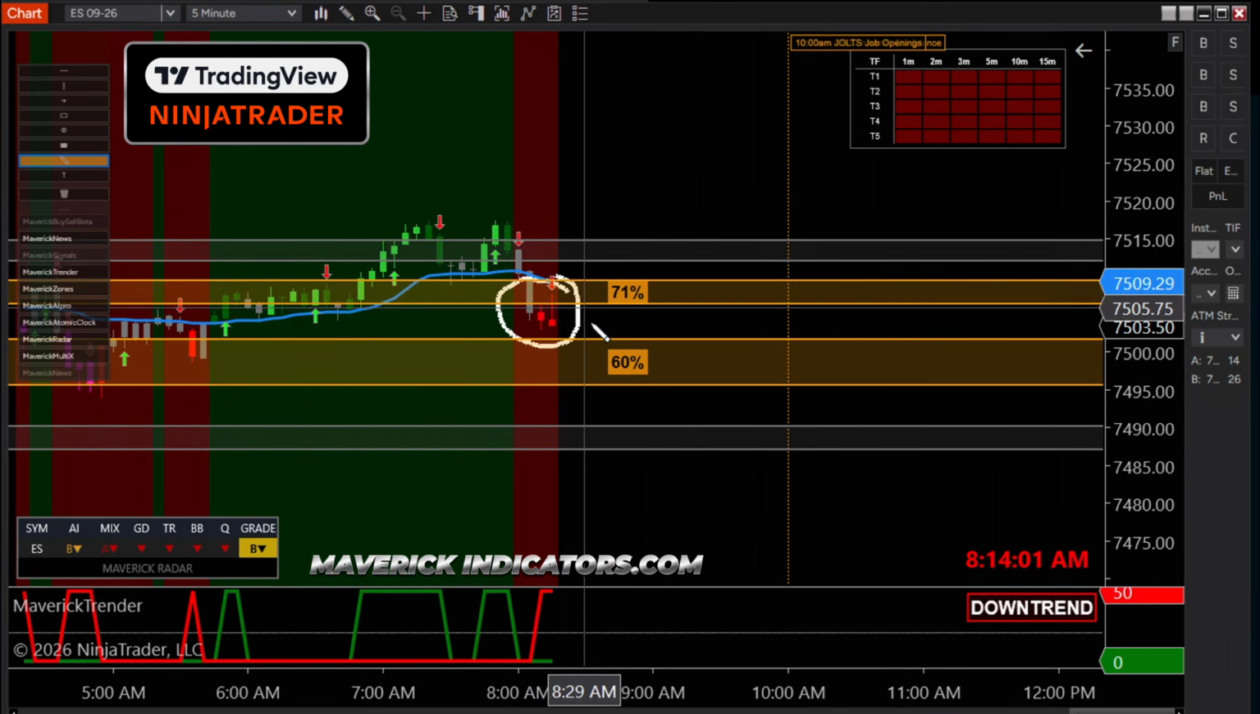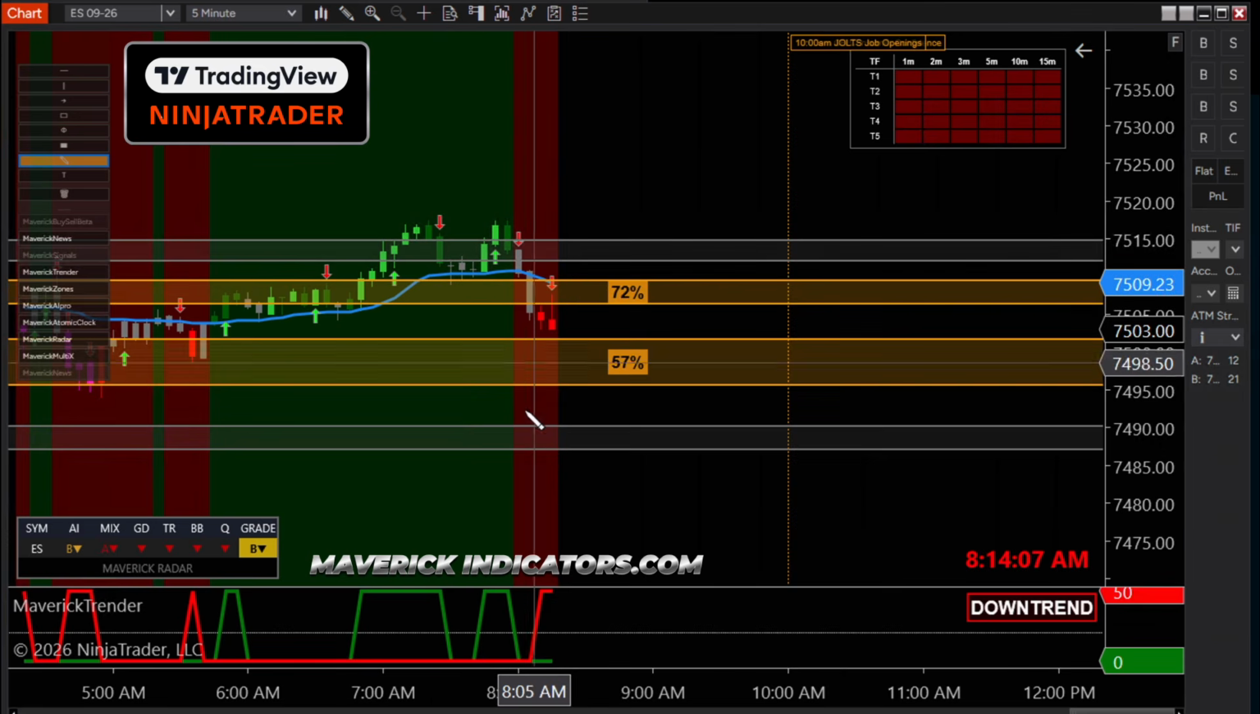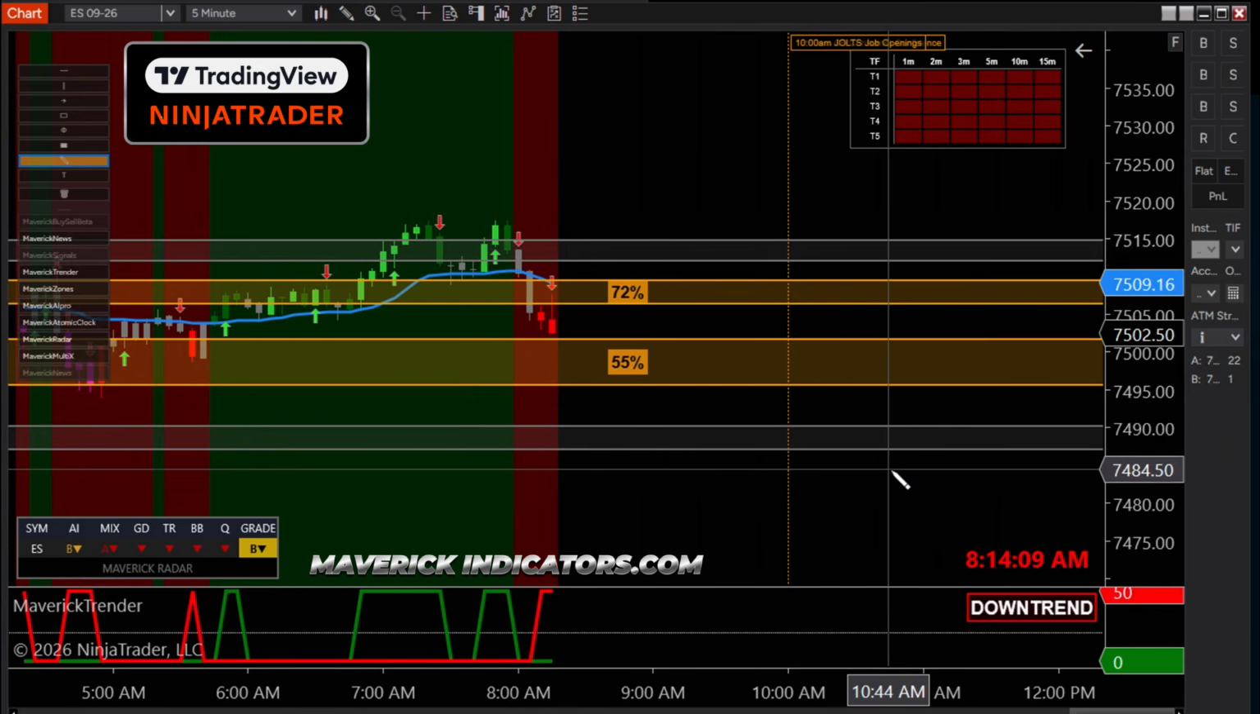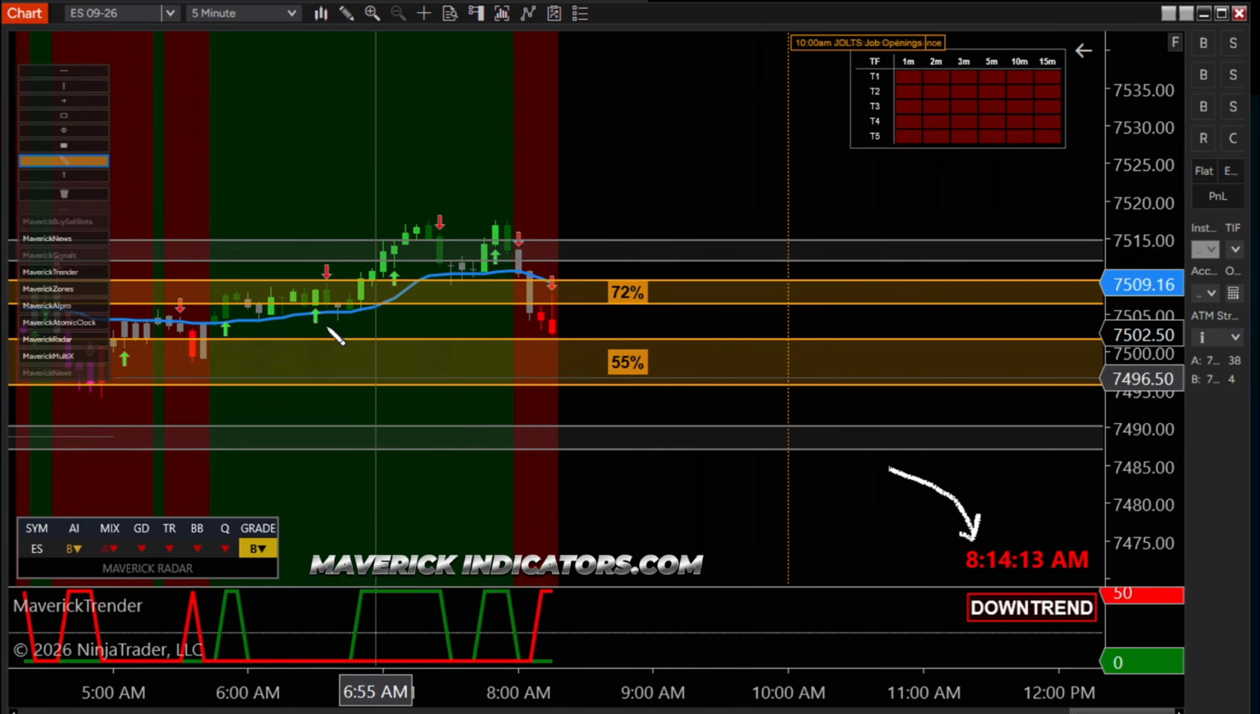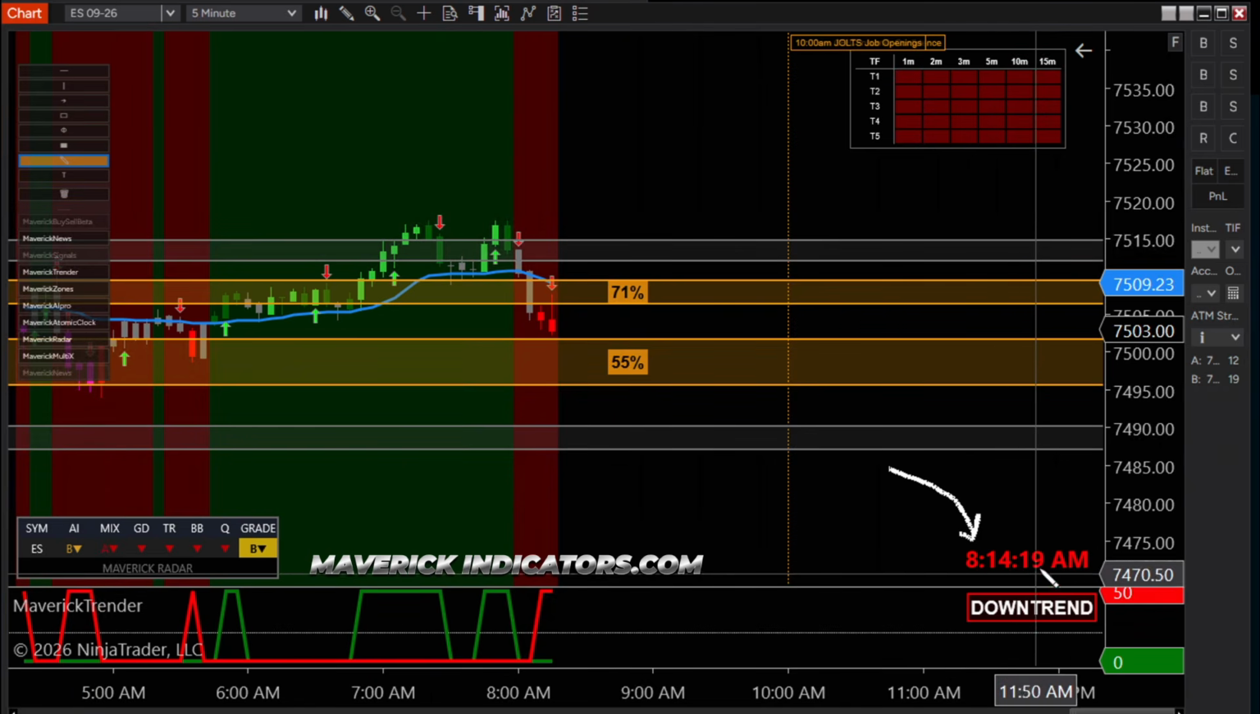Starting to get some downside data here on the Maverick AI Pro. Now I've got to be careful because we're in manipulation time. Okay, so here's how I view manipulation time: when this clock is red, I like to sit on my